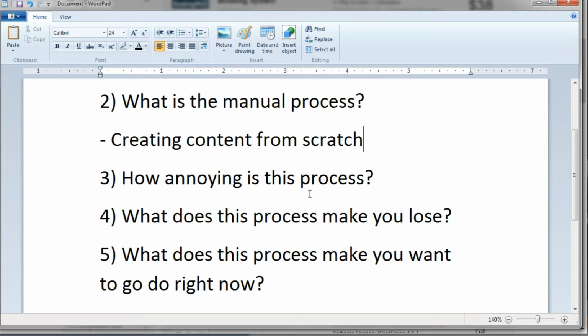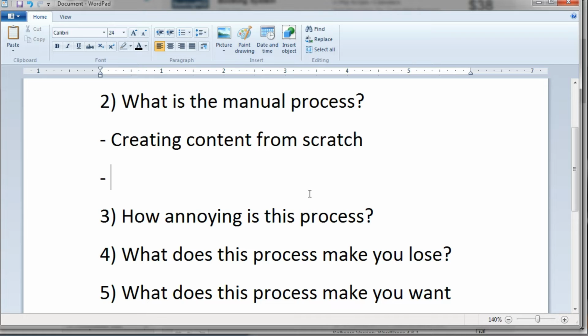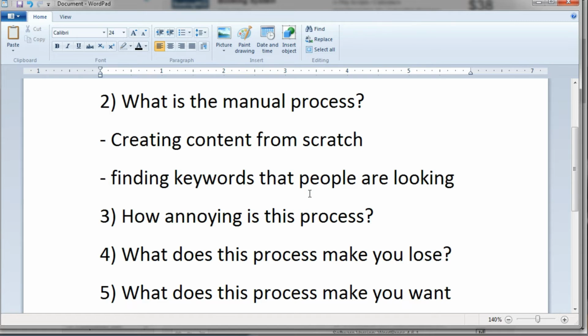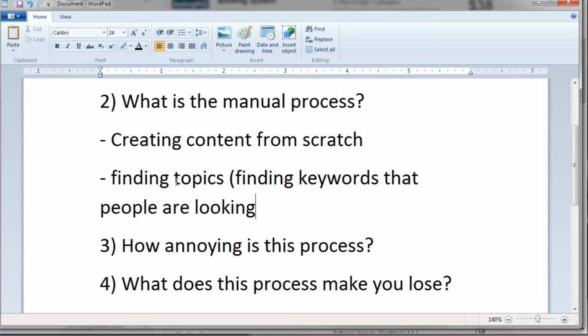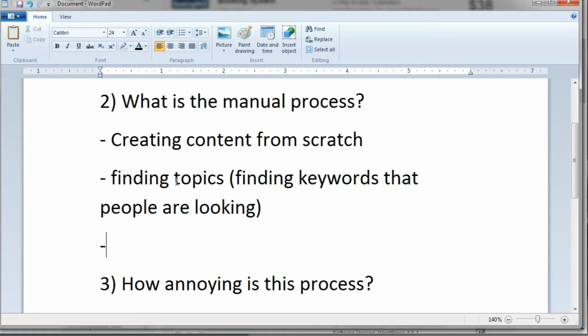Now, what goes into that content creating from scratch? And I want you to list out everything that you can think of. So in this case, the manual process is finding maybe keywords that people are looking for. So maybe finding topics. So that would go under finding topics. And then when you're finding topics, finding keywords that people are looking for,